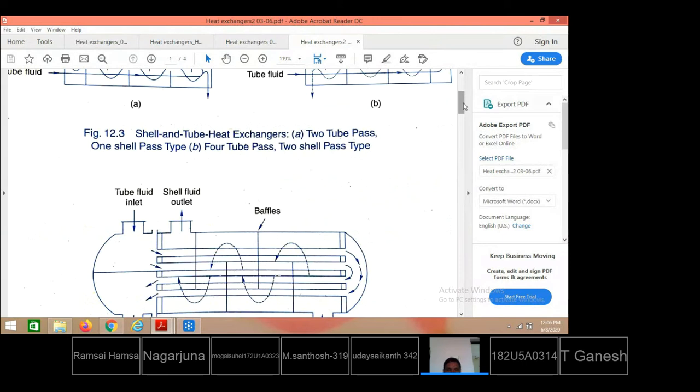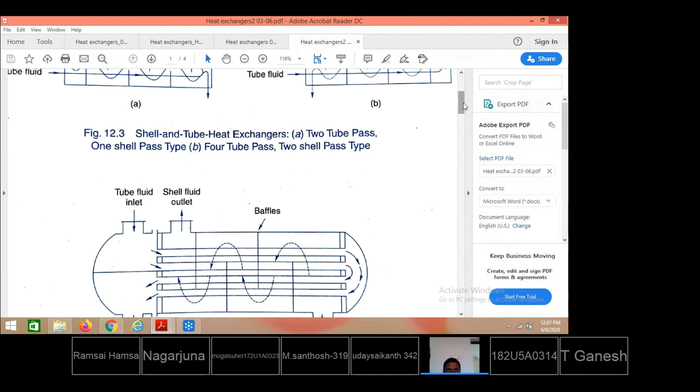Last class we discussed the definition of heat exchanger and the classification of heat exchangers: direct contact type, indirect contact type, cross flow type, and shell and tube type. And one more thing also: indirect contact type of heat exchangers are sometimes also called recuperators, and these are very generally used for all types of cooling, heating, condensation, and evaporation applications. We use these indirect contact type of heat exchangers.